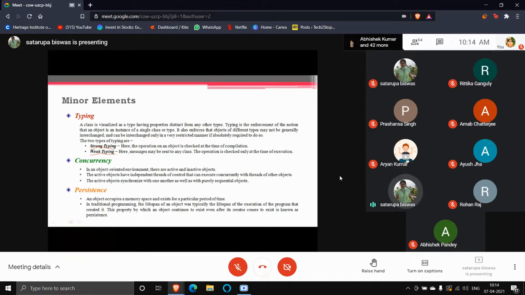Like in C, you have to declare the data first, then you can use it. In Java also the same technique applies. You have to declare the data type first, then you can use the variable. Like if you're using something somewhere, prior to this, you have to write this. So we call this a declaration, and this is mandatory for a strongly typed language. Okay. Now there are some languages which are weakly typed.